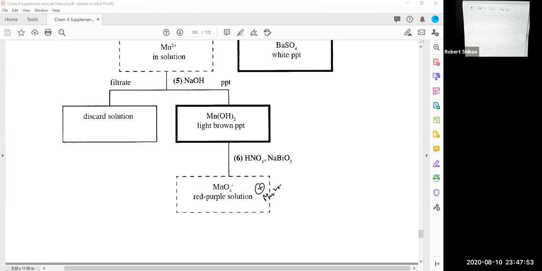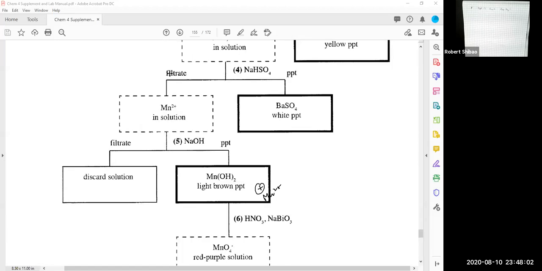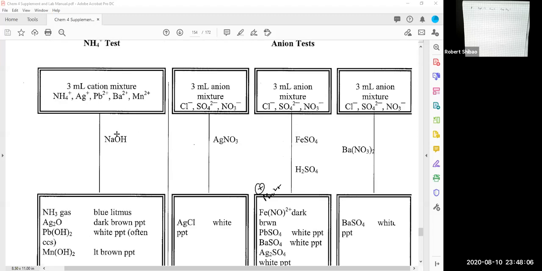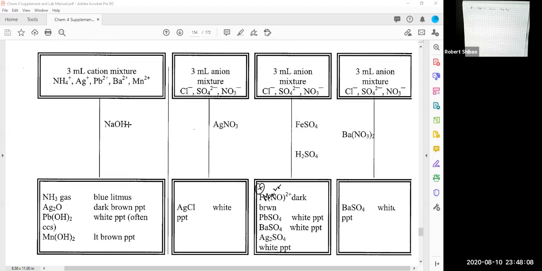And so this flow chart, we could use this flow chart. I don't really need the procedure. The only thing I need from the procedure are the concentrations. They didn't write the concentrations here. So what concentration of sodium hydroxide should I use? Actually, in this case, it doesn't matter. For the silver nitrate and the barium nitrate, the concentration isn't so critical, because I know what's supposed to happen in the reaction. So it won't be difficult to